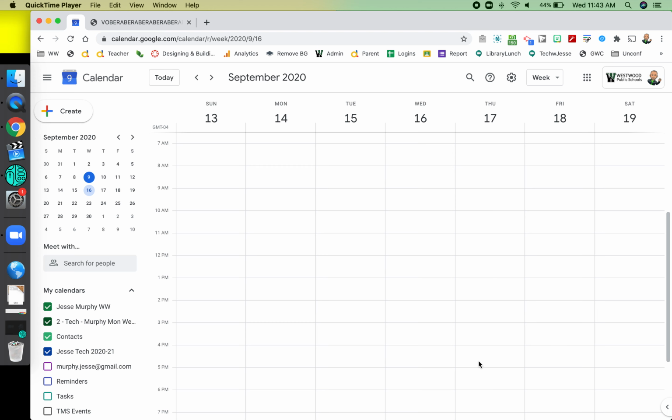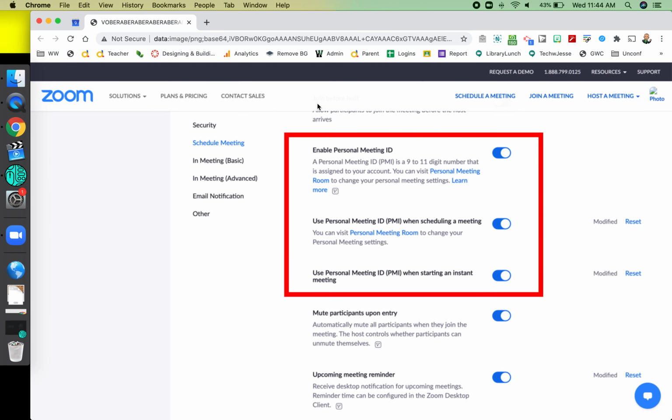If you would like to use Google Calendar to set up your Zoom meetings, there is a way to do that very easily. In order to use your personal meeting ID, which I strongly recommend you do, there are some settings you need to set up in Zoom first. I'm not going to lead you through that whole process because it's in one of the earlier videos, but I will simply show you the 3 settings that must be set in Zoom.us in order for this Google Calendar feature